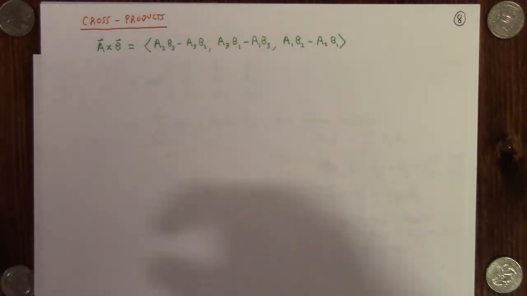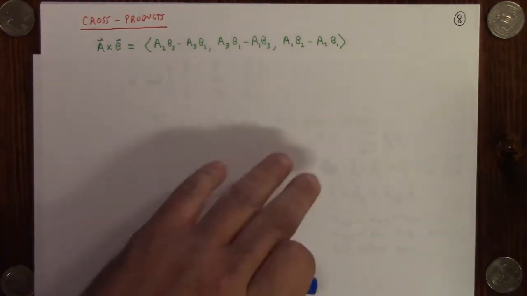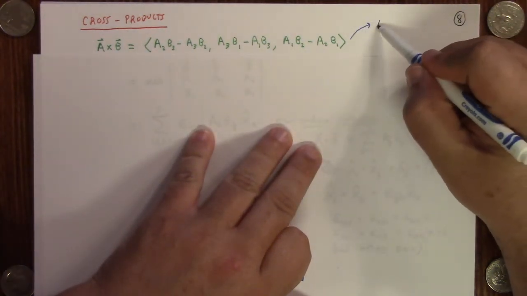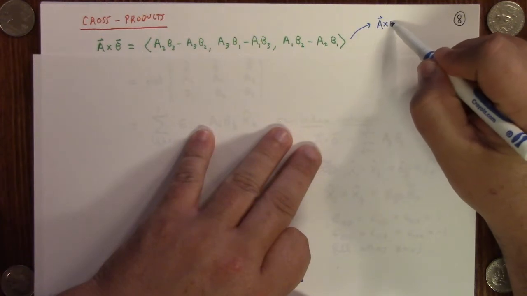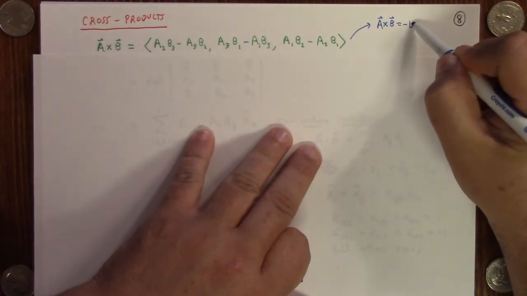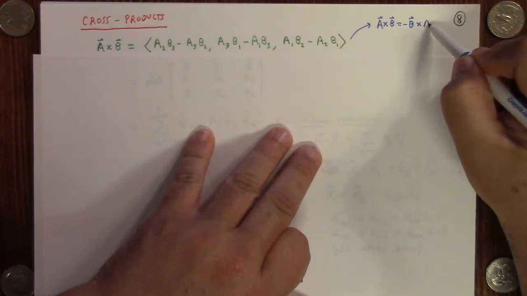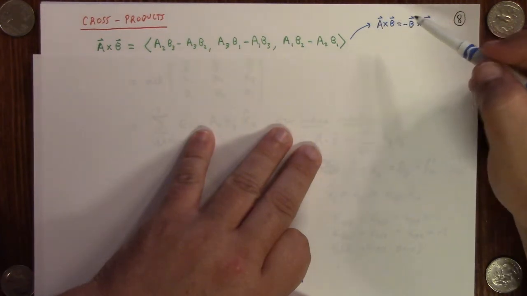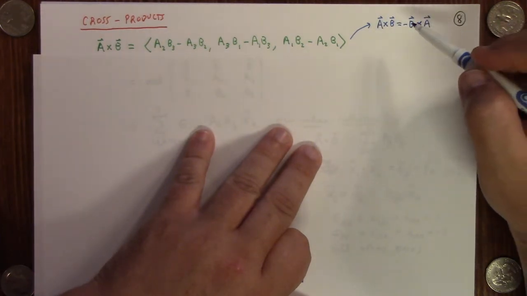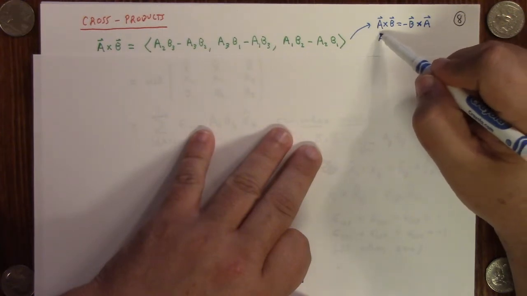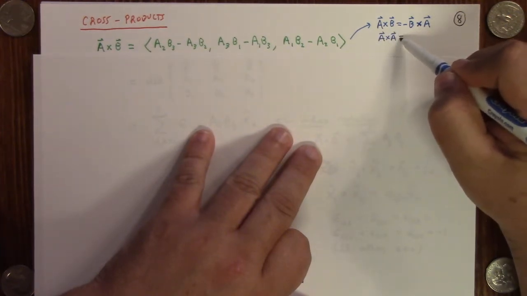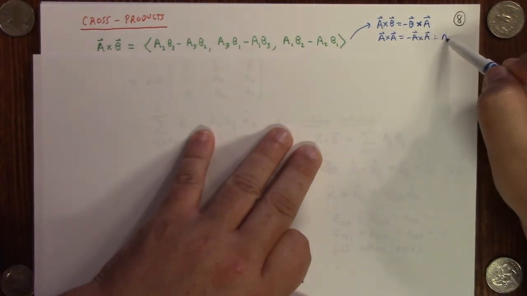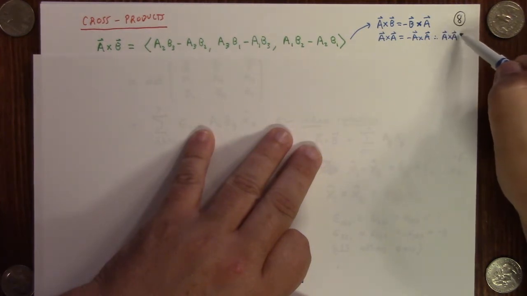Now, it turns out that that definition has some really cool consequences. For one thing, it makes A cross B equal to minus B cross A. So it's not commutative, it's what's called anti-commutative or skew. So it's minus itself. And notice what that would say. What happens when you take the cross product of a vector with itself? Like A cross A would be minus A cross A, but what's that mean? That means any vector cross product with itself is 0,